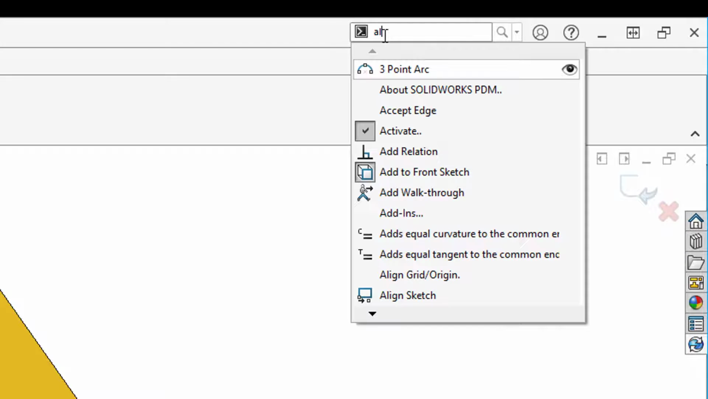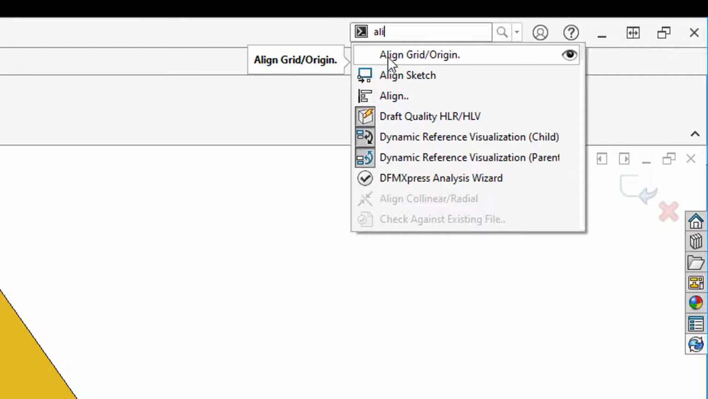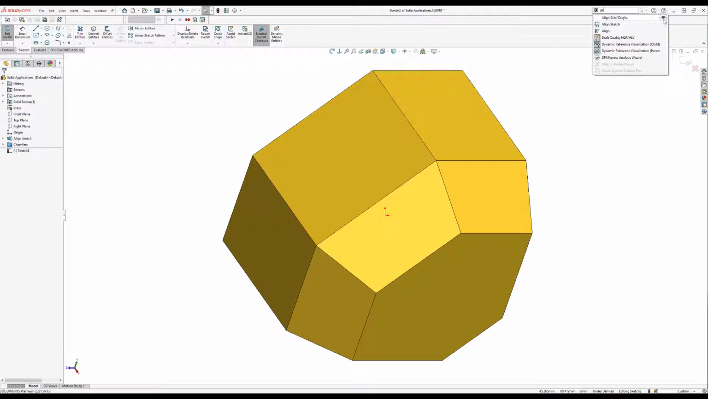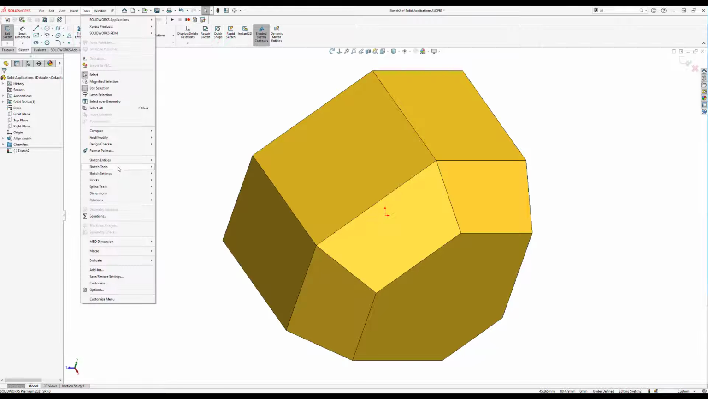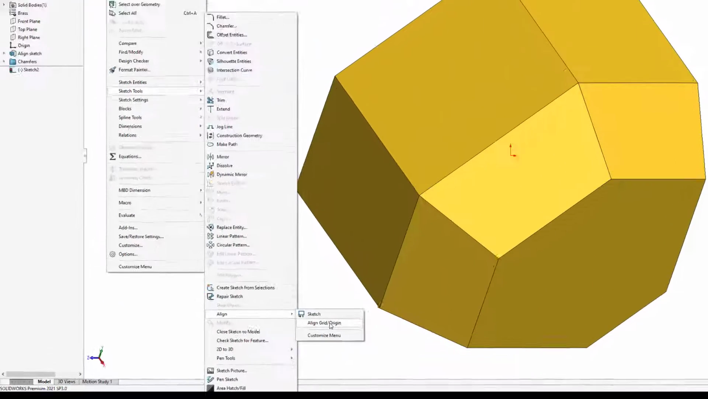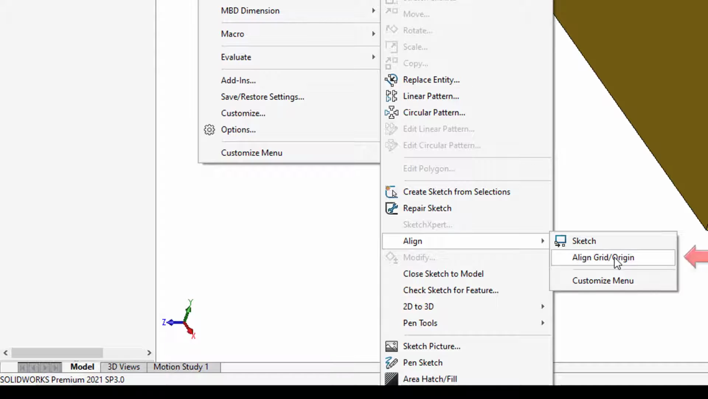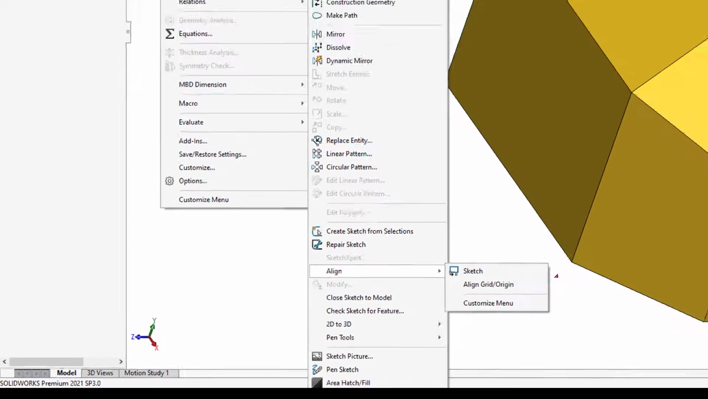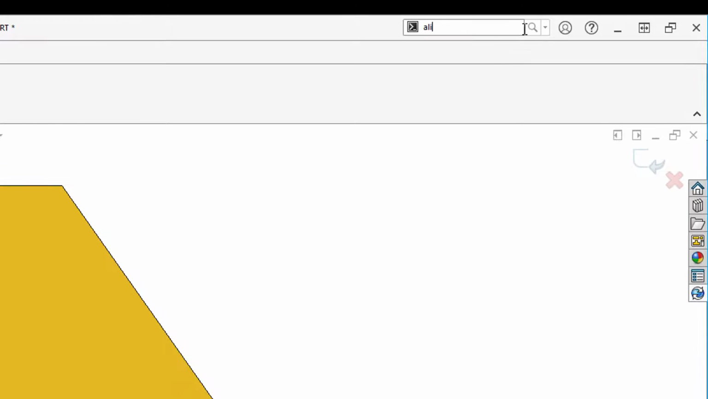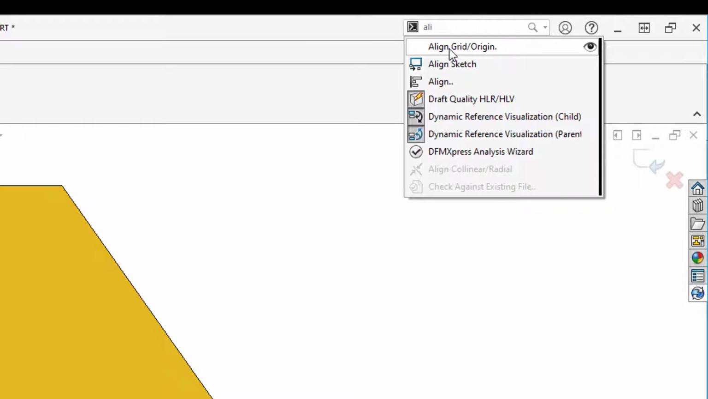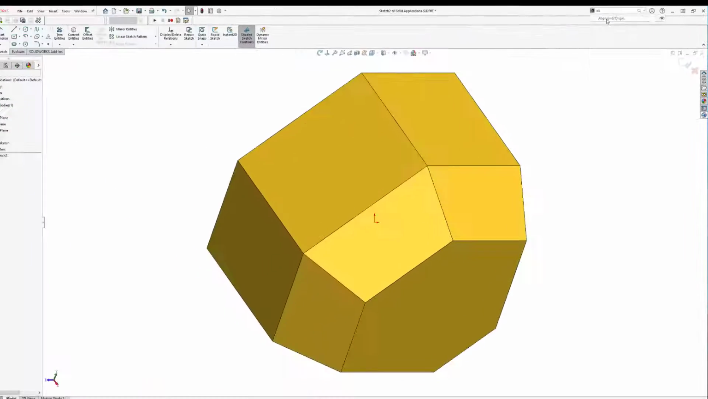Using my command finder, I'm going to type in ALI, and you can see it'll filter out all the commands that contain ALI. The command I want to use is Align Grid Origin. Clicking on this will take me to the location where the command lives. So it's on Tools, Sketching Tools, Align Grid Origin. I can also select the command from the command finder as well. So Align Grid Origin, selecting the command,